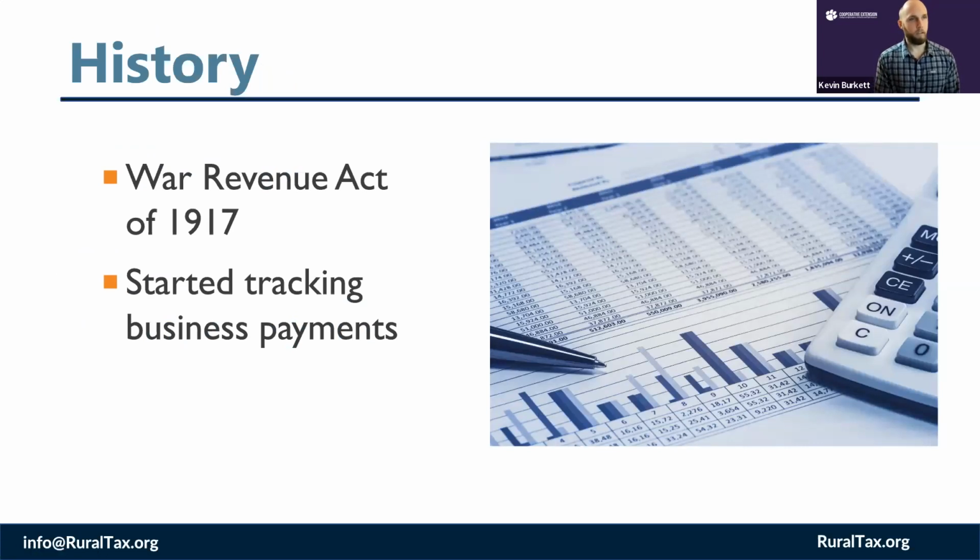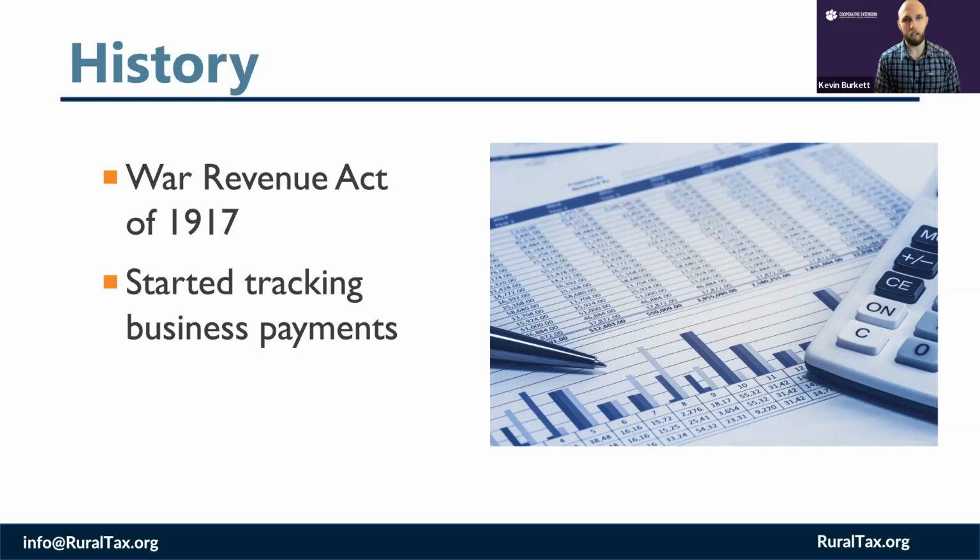And so just some brief history. I didn't necessarily know this until doing some research for the presentation, but back around 1916, 1917, the United States was getting into World War I, and they were trying to increase revenues in order to fund the war effort. And so they passed something in 1916 to do that, and it increased the taxable revenue that was coming in to the government, but they wanted to increase that further, so they created the War Revenue Act of 1917. And that basically is what created 1099 filings.